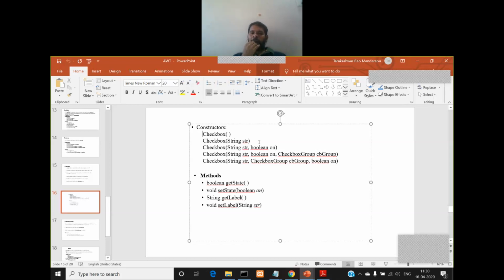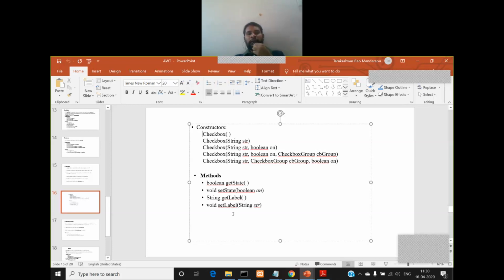But for that checkbox, we should also have a label, just like for text field, we had a label. Even for checkbox, we must have a label. So a checkbox is a combination of a label and at the same time the square box, right? Whatever label you want to give, you can pass it as a parameter in the form of a string. But if you observe the first constructor for the Checkbox class, there are no parameters. It is a default constructor. So a checkbox will be created, but a label will not be assigned for the checkbox.